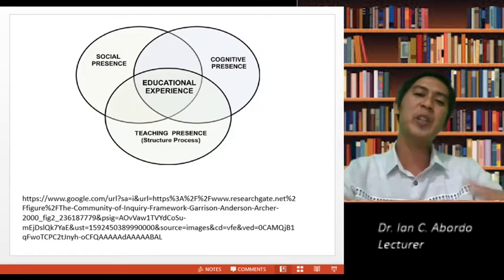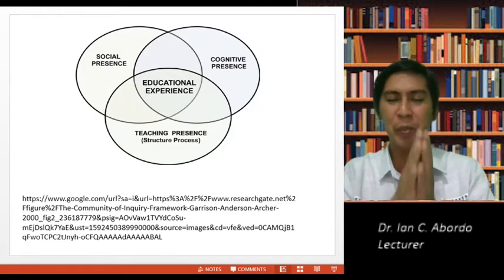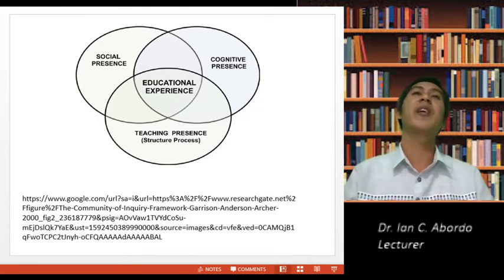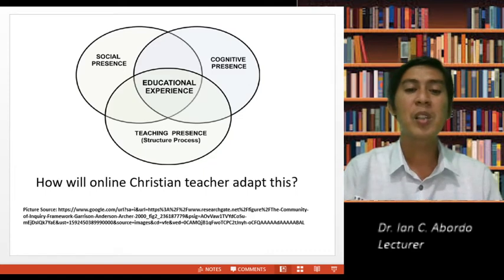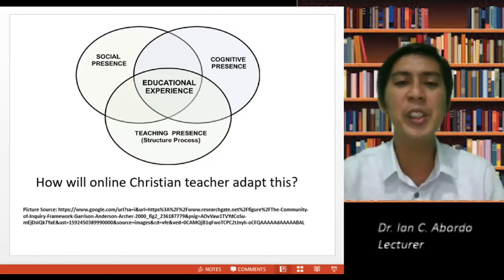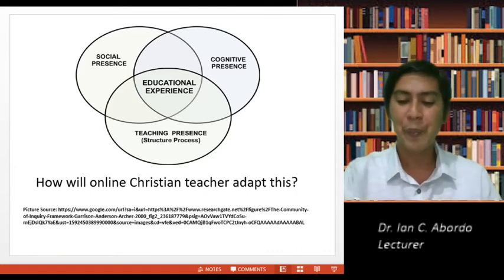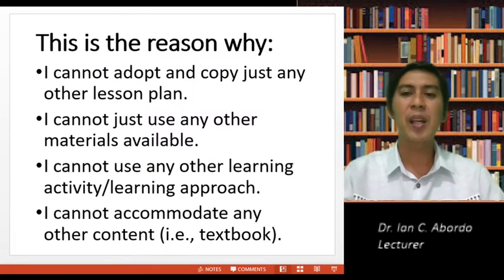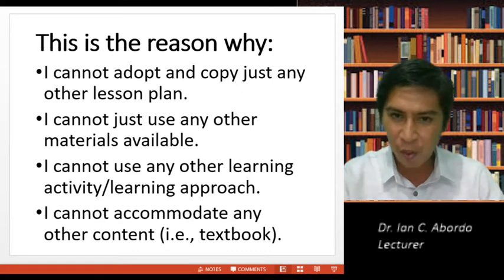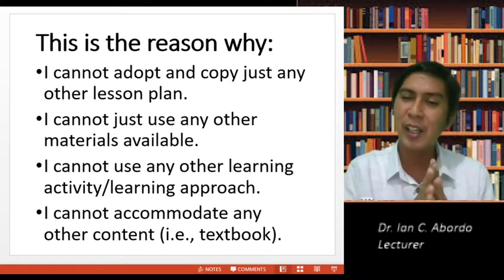Okay, so this is the educational experience, particularly if you are online or in distance learning. But how will online Christian teachers adapt this? This is the reason why I cannot just adapt and copy any other lesson from the government.